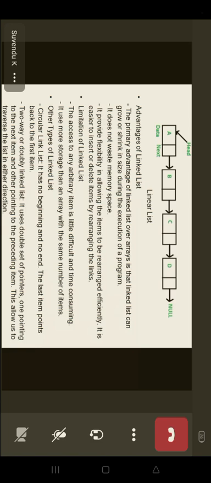क्योंकि मान लीजिए आपको इस नोड को यहाँ ले आना है, तो क्या करना पड़ेगा? अभी ये नोड इस नोड का एड्रेस होल्ड कर रहा है, तो यहाँ हटा के आप इस नोड का एड्रेस रख देंगे। तो नाउ यू वांट टू नेक्स्ट नोड, ये एड्रेस यहाँ पे आ गया और ये एड्रेस यहाँ पे आ गया। तो ऑब्वियसली ये इसको पॉइंट कर रहा है और ये इसको पॉइंट कर रहा है, तो रीअरेंज कर सकते हैं,